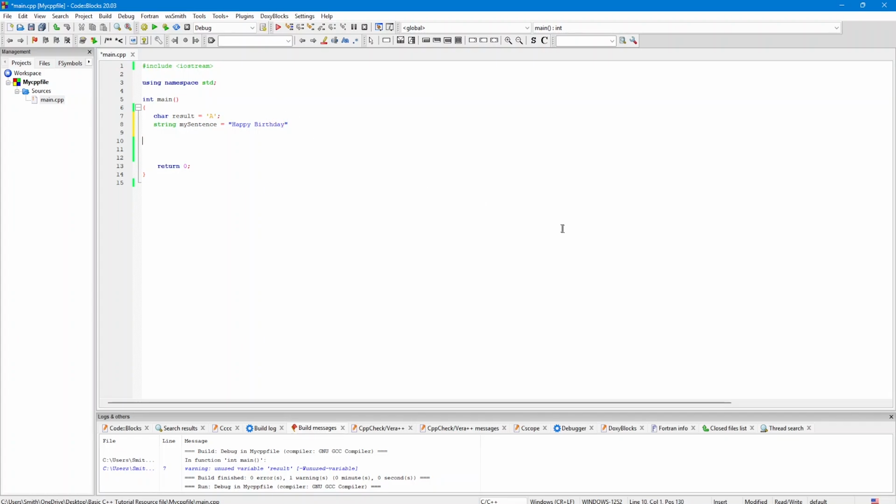Okay, so I have written happy birthday right over here, and this particular data type is known as a string data type, because over here you are writing a sentence. If you want to print it, just give the command of printing the my sentence variable, because inside this variable you have this thing. Also, if you just want to use this data type without a variable, you can do that right over here. So now let's click on enter, and the next data type which we are going to learn here